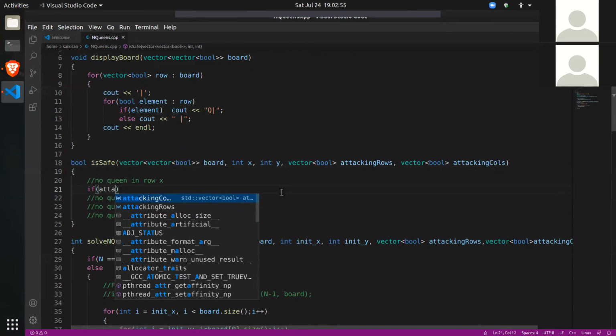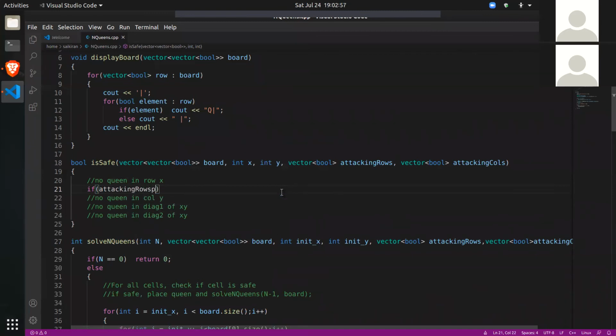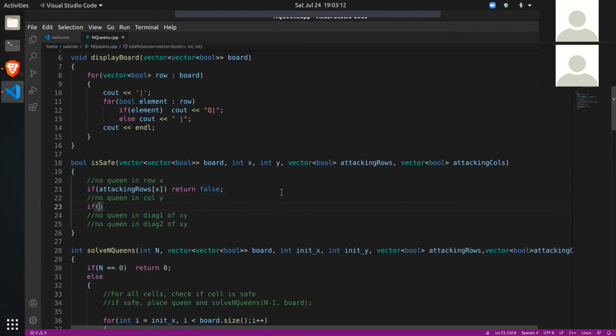If attacking rows of x, if the xth row is attacked, then it will be true, right? So if it is attacked, then I'll simply return false, because if that row is not safe, then how can that cell be safe? Similarly with the column, if that column is not safe, then we cannot say that that cell is safe, right? So we'll return false again.